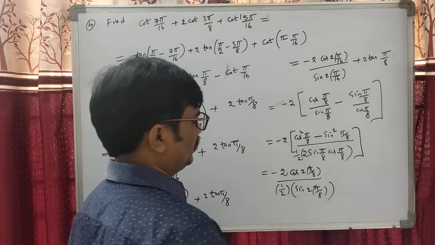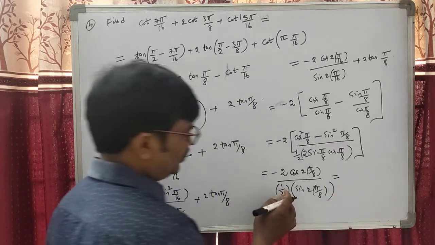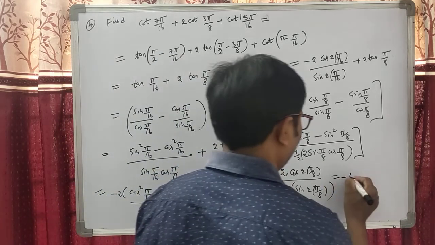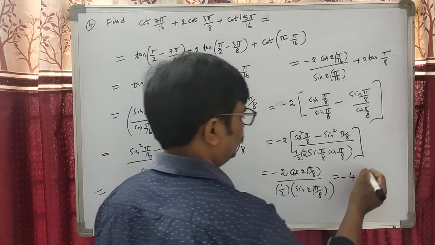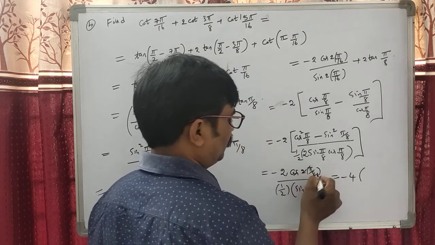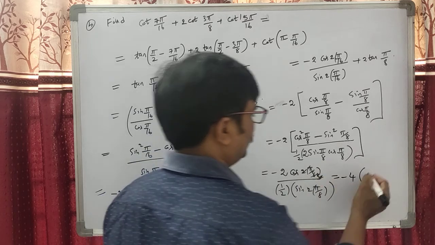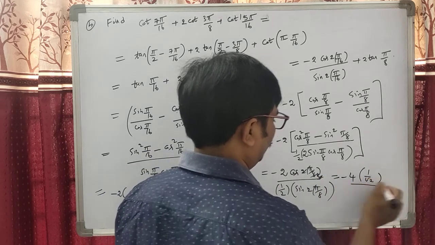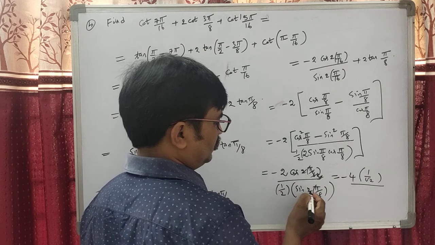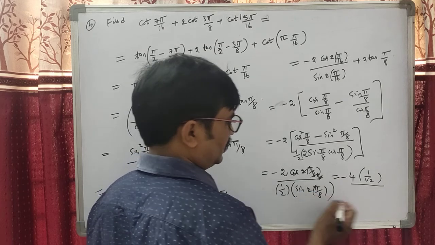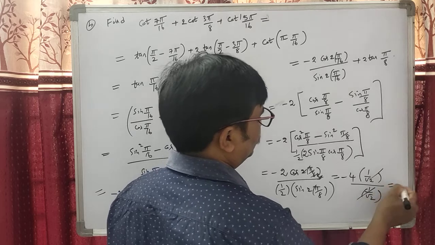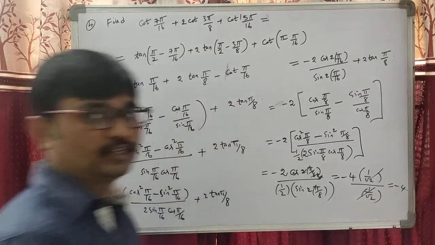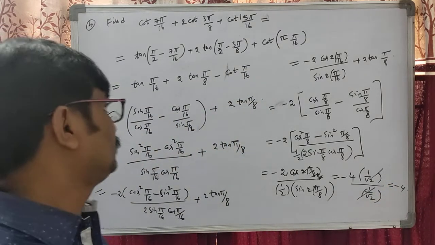Therefore, students, now this 2 is sent to the numerator, minus 4, 2 1 jar, 2 4 jar. Therefore the 2 1 jar, 2 4 jar, this is cos 45, 1 by root 2. This is also 2 1 jar, 2 4 jar, which is sin 45, 1 by root 2. So the required solution is minus 4, students. So just 1 minute, students.